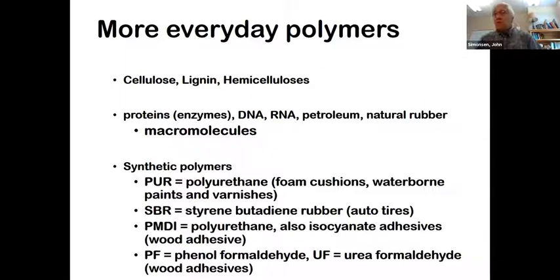Then there's natural rubber. So natural rubber is also a polymer. These first 3, proteins, DNA, and RNA, I prefer to call them macromolecules. And the reason for that is because they don't repeat, right? So enzymes, DNA, and RNA all have a specific sequence. Some people will call them polymers, but I think it's better to call them macromolecules because they don't have a repeat unit. They have a code, yeah? And so you have a specific sequence